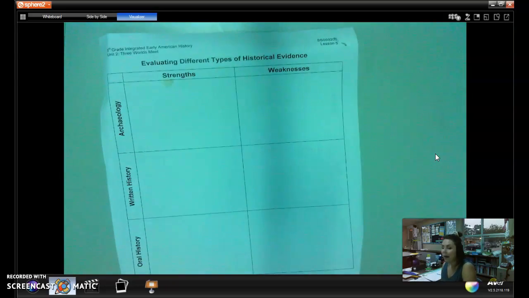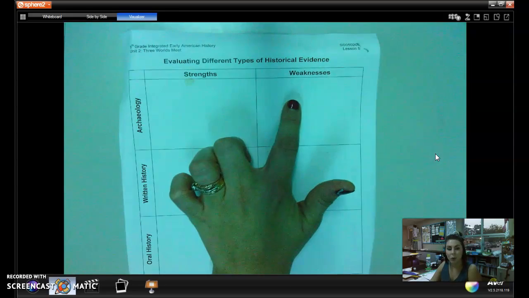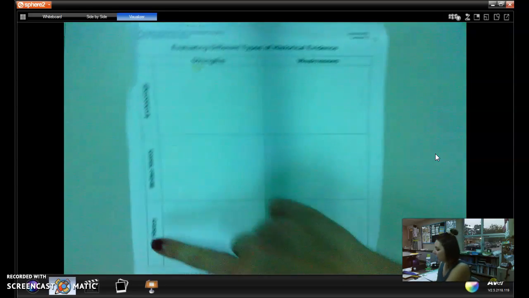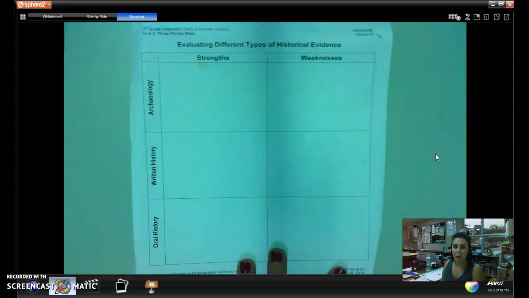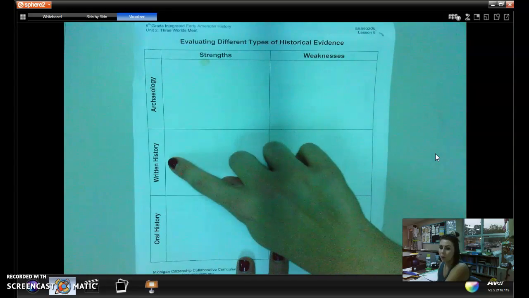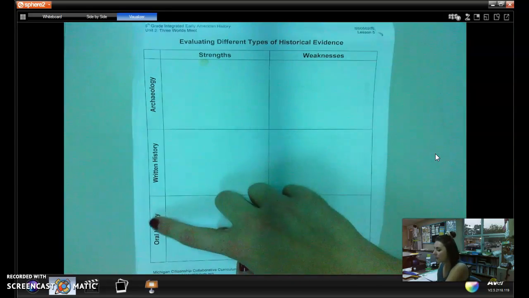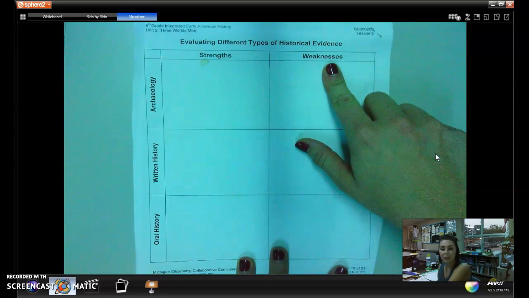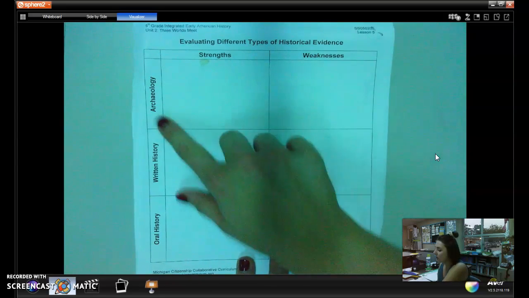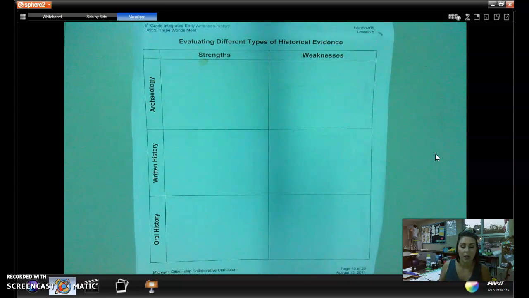But on the back side of it, you're going to see evaluating different types of historical evidence. There are 3 different types of historical evidence that we're going to be reviewing today. We're going to be learning about archaeology, written history, and oral history, and how each one of these types of history has strengths and weaknesses, and how using them will help us learn about the past. It told us how historians were able to learn all this information about the African empires in Ghana,